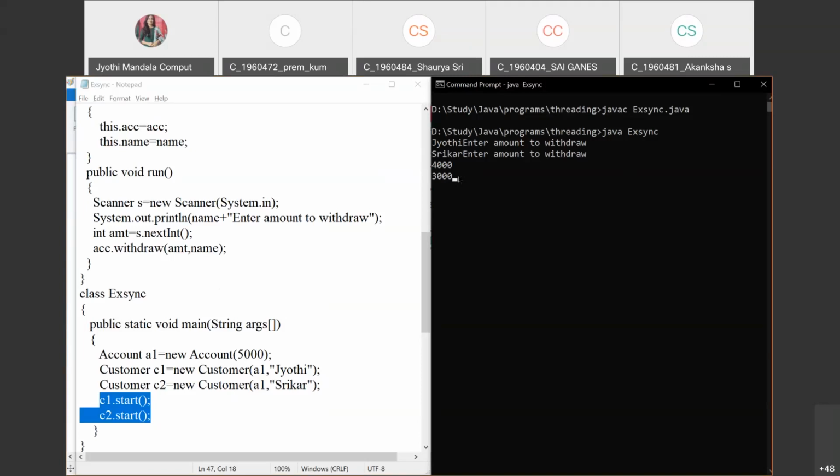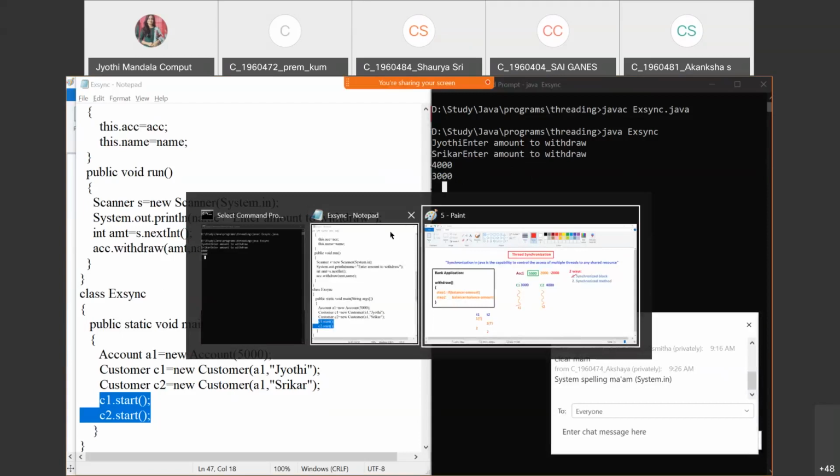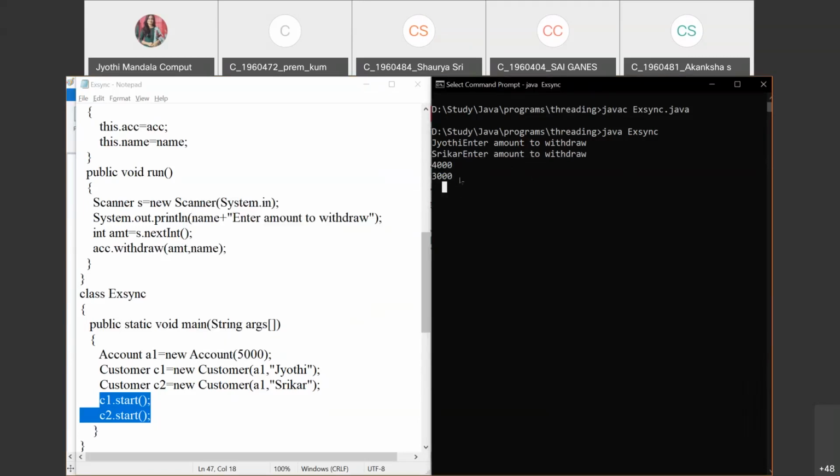What is happening here? Why is it not displaying anything? I think I have given the input. Input is given, it has to display some output, right? So we'll see what is going on here.